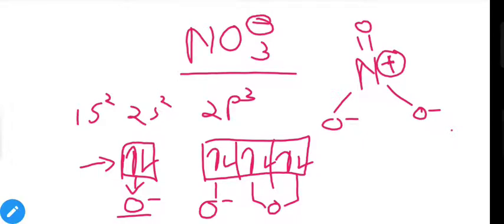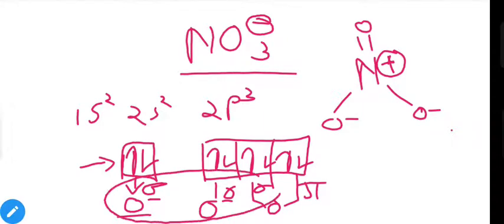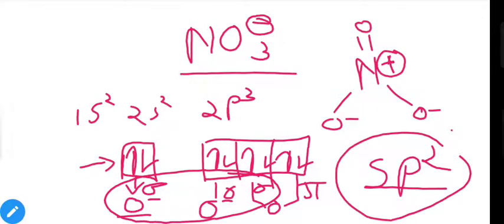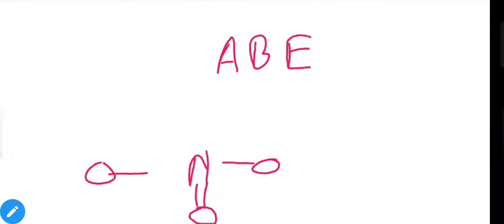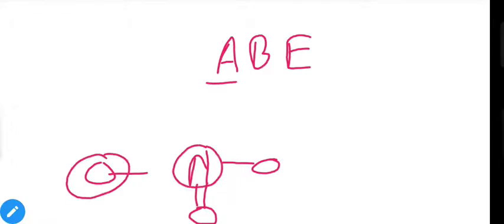So now as we can see, we have 0 non-bonding electron pairs, and we have 1 sigma, second sigma, third sigma, and a pi electron pair. So we have to count these 3 electron pairs. So 1 s and 2 p orbitals have it. So this will be the hybridization of NO3 minus, sp2 hybridization, that means it will be a planar triangular structure. Or as per the ABE structural representation, we have one central element nitrogen, we have 1, 2 and 3 oxygens, and we have 0